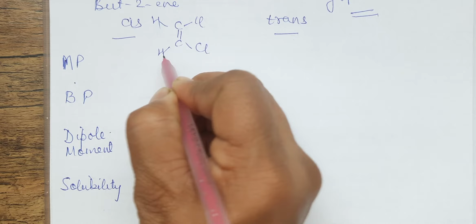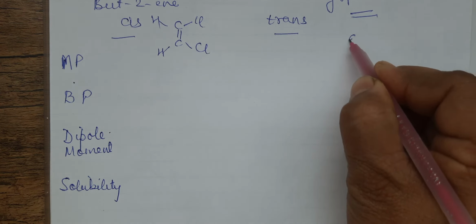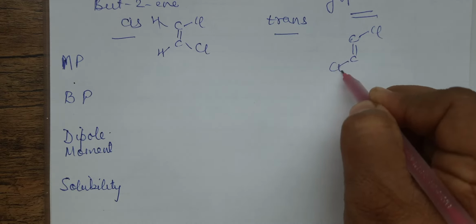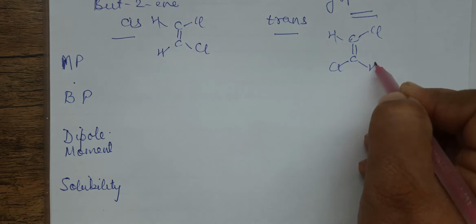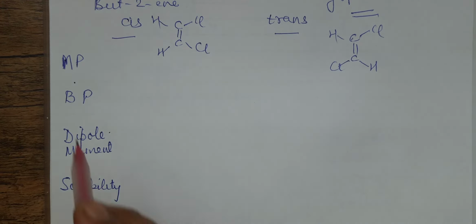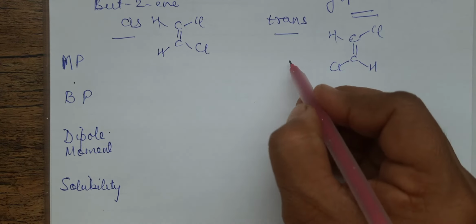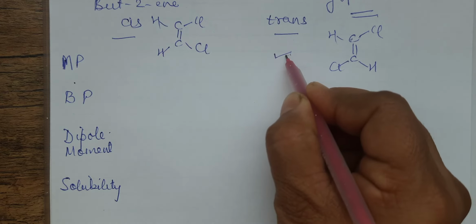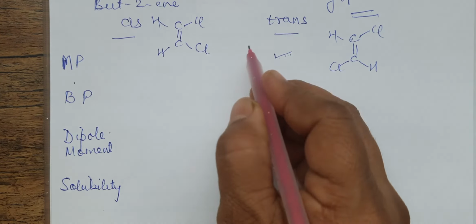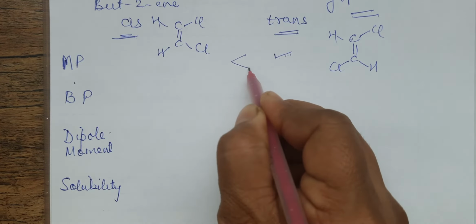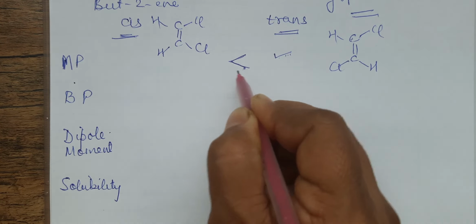This is one example we considered, and another one is carbon-carbon double bond, and chlorine we have drawn here, and hydrogen this side. I've taken the first example which I considered. Now melting point. Melting point is greater for the trans form. So we can say this is the cis column and this one is the trans column. Trans has the greater melting point.